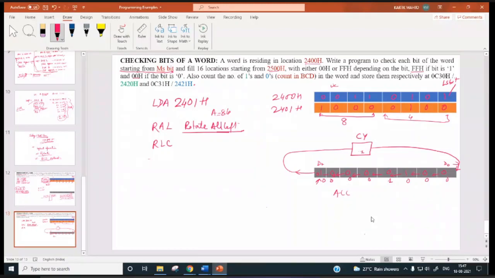In order to preserve the carry, you have to go for this instruction, RAL, rotate all left. In that case, carry will also be rotated along with the accumulator content. In case of RLC, only accumulator contents will be rotated. It will go to carry flag, but carry flag content will be lost.